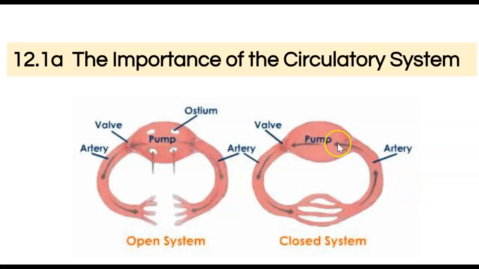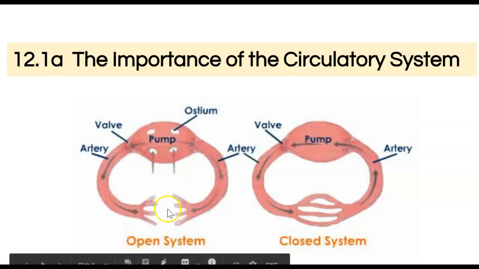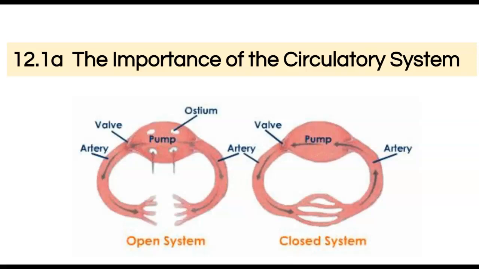There's typically a pump in both systems, but one of the differences is that the open system seems to have these little holes in it called ostia. Okay, this is an ostium. But some similarities, they both seem to have some kind of an artery or blood vessel. But the open system is not a closed loop. There's sort of this gap here, right? So what's really going on here? Well, let me explain. So humans have a closed system, and I think knowing that will help you understand the difference between these two